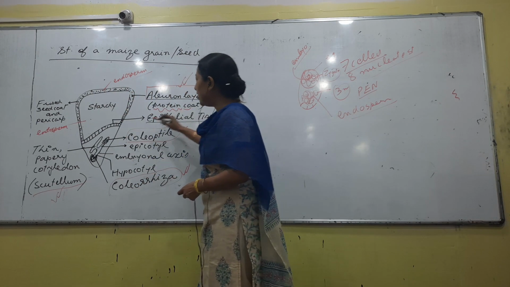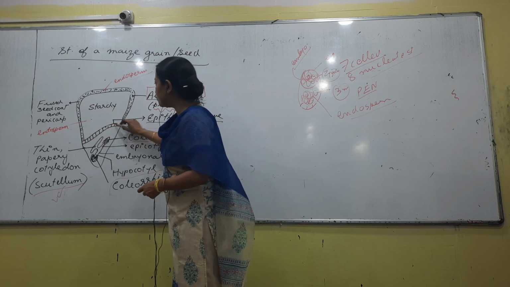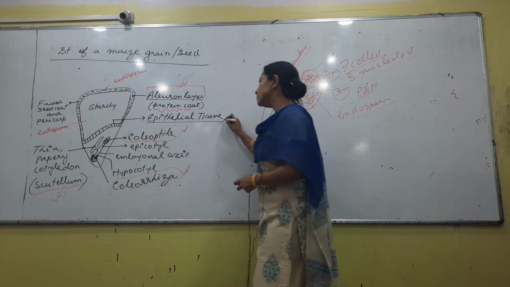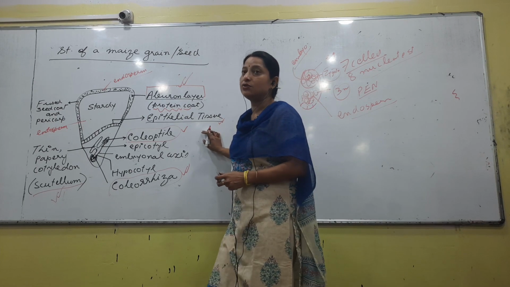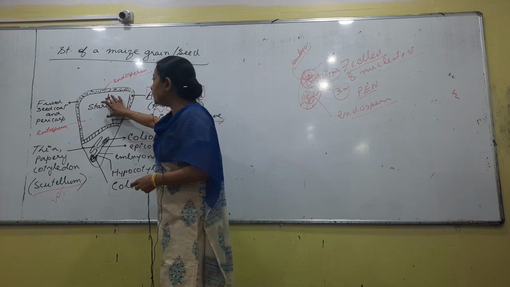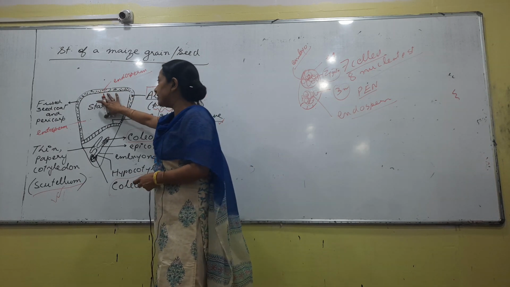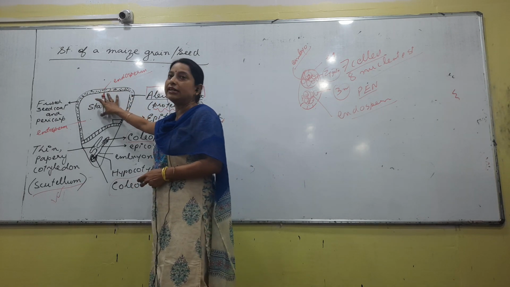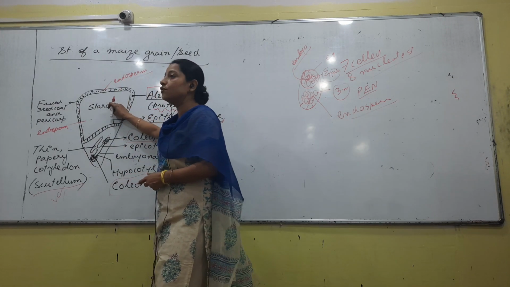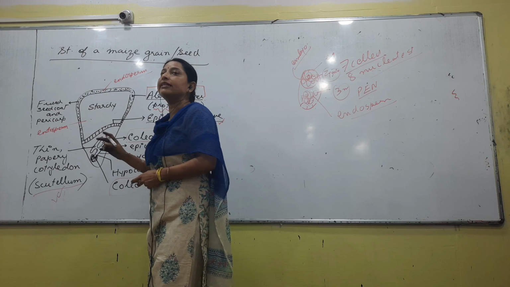Next, we have a layer of tissues that divides both the sections. As far as this epithelial tissue is concerned, what is the function of the tissue? Secretion of certain types of hormones to solubilize the food. This part is the endosperm. If you are talking about endosperm, what will be inside it? Reserve food, and this reserve food would be used by whom? It will be used by the baby plant.